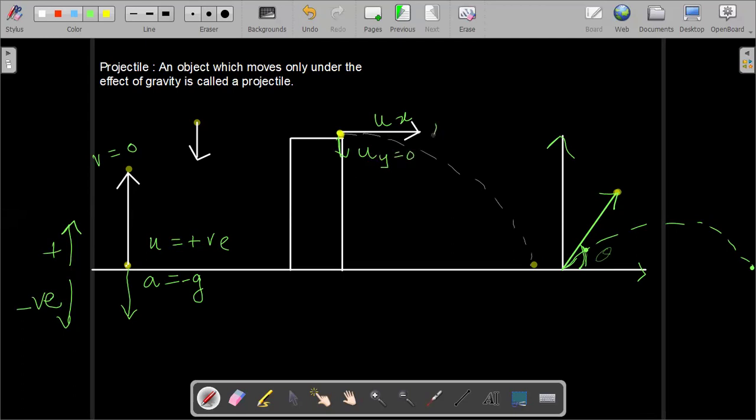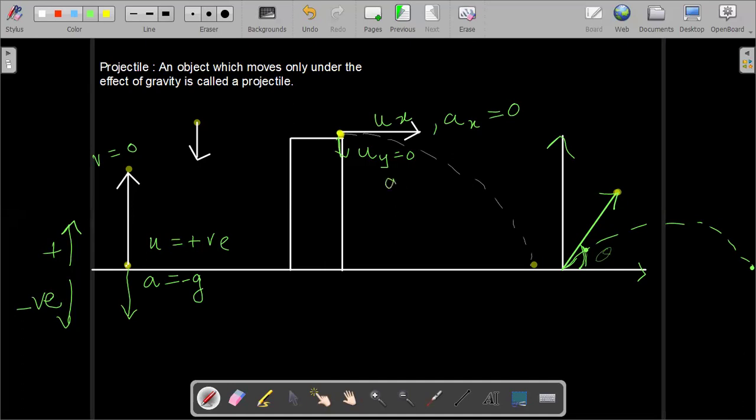Also, acceleration along the x direction is 0. Is there any force applying acceleration in the horizontal direction? No, sir. So here, velocity along the x direction is ux, acceleration along the x direction is 0, and